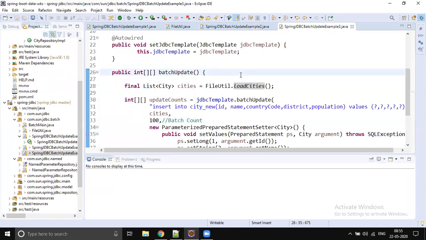This concept is already available in JDBC, right? Batch processing. The same concept is available in Spring JDBC also. So whatever features are available in JDBC, like savepoint, transaction management, everything is available here in Spring JDBC also. Transaction management, I will show in Spring Data JPA. It's the same thing. It's just a simple annotation, the Transactional annotation. No setAutoCommit true, no setAutoCommit false, no commit, no rollback. Spring will take care of that. So it's just declarative transaction support.